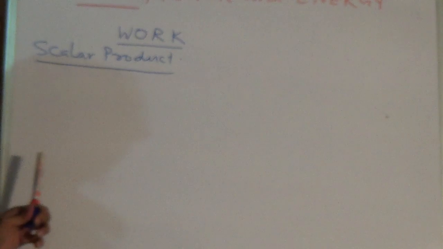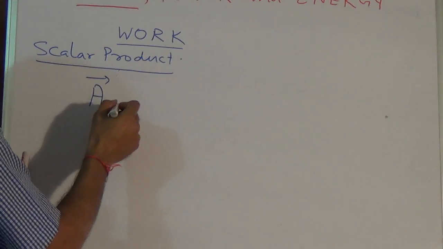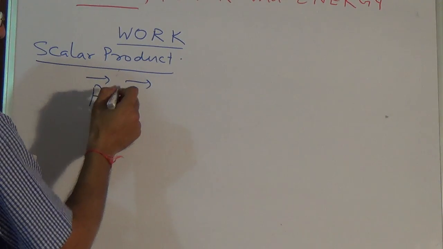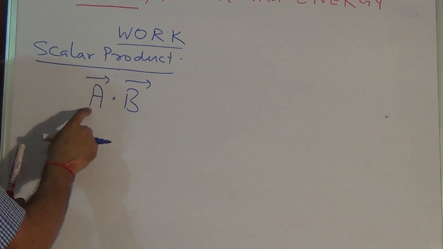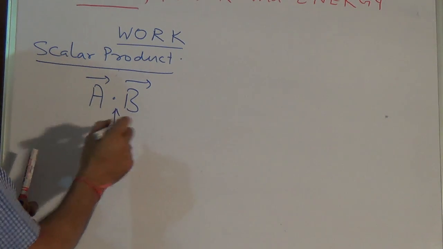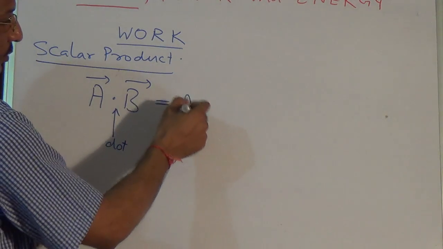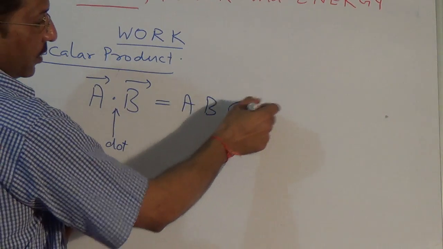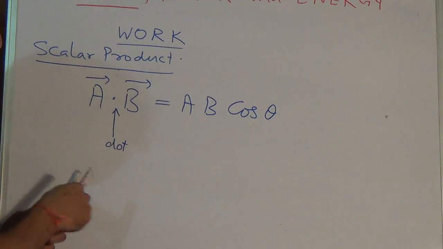For that, the scalar product is the first point. I have two vectors, vector A and vector B. This is a mathematical notation between these two vectors: vector A dot vector B. So A dot B is equal to AB cos theta, where A is the magnitude